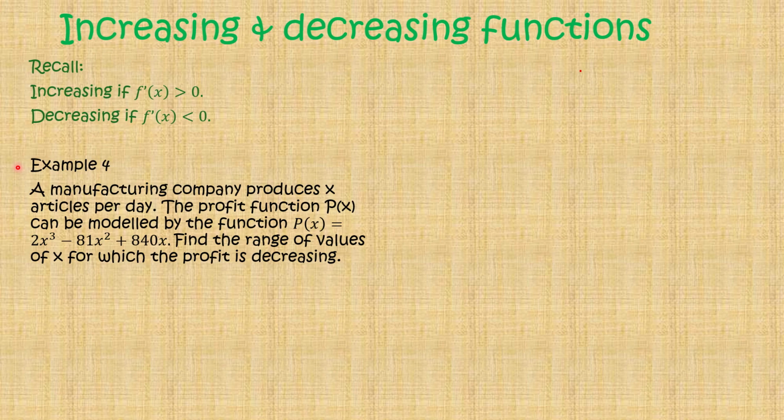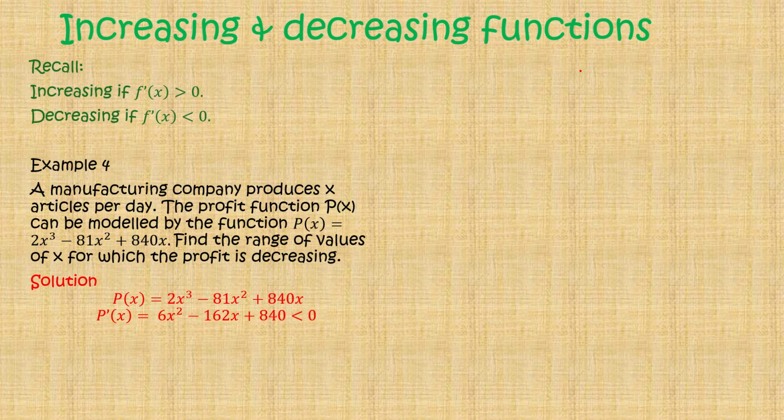Let's take a look at the final example. Example 4. A manufacturing company produces x articles per day. The profit function P of x can be modeled by P of x is equals to 2x cubed minus 81x squared plus 840x. Find the range of values of x for which the profit is decreasing. The solution. So we know that P of x is equals to 2x cubed minus 81x squared plus 840x,